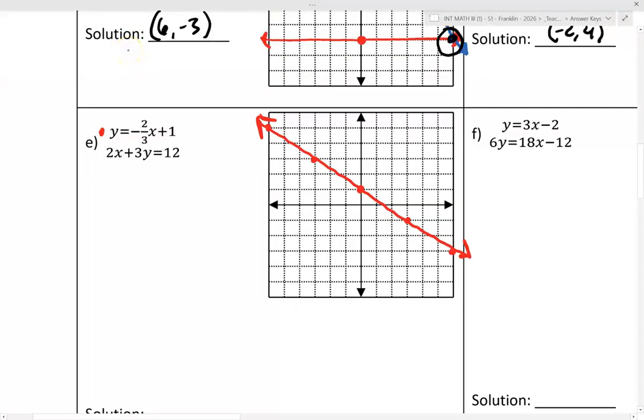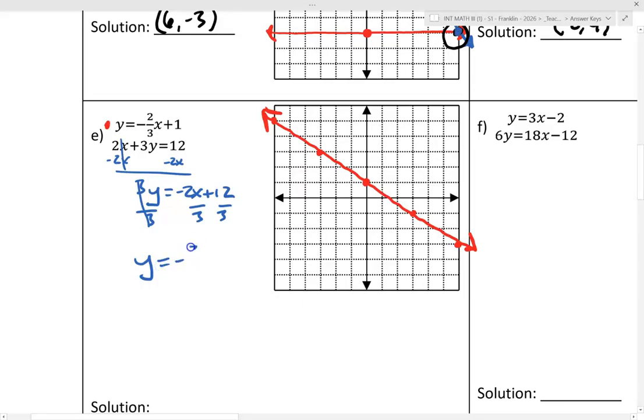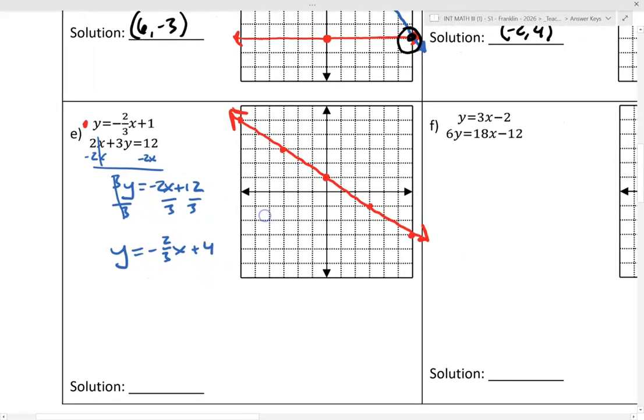That way you get a nice set of points so you can really see where your two lines intersect. We have to solve this next one for y, so we'll subtract 2x from both sides. 3y equals negative 2x plus 12, so divide by 3. And we get the equation y equals negative 2/3 x plus 4. Well, if we graph that,